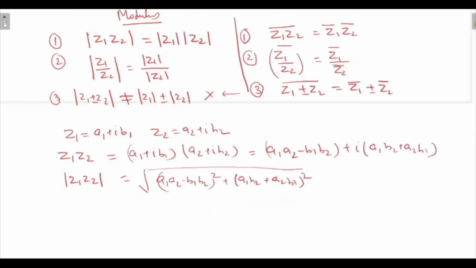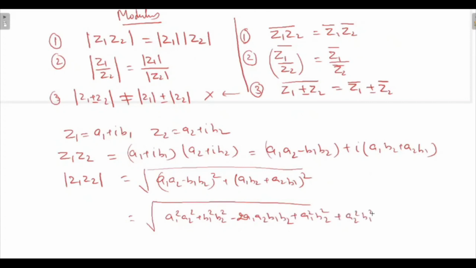If you go further, what you will get is A1 square A2 square plus B1 square B2 square minus 2 times A1 A2 B1 B2 plus A1 square B2 square plus A2 square B1 square, and it will be plus 2 times A1 A2 B1 B2 basically. This will cancel out, and